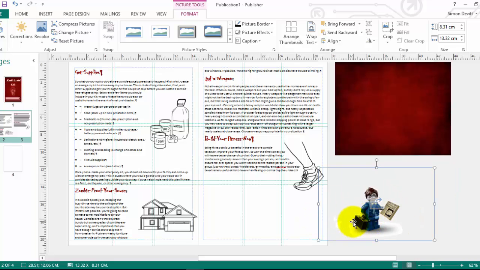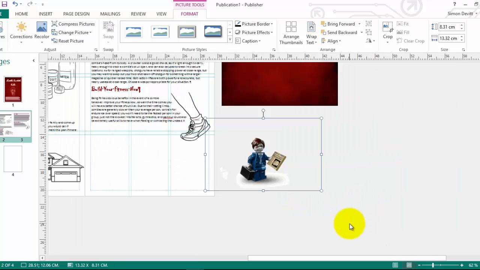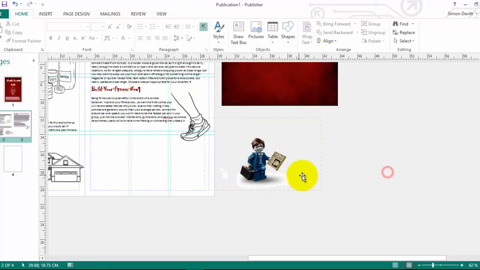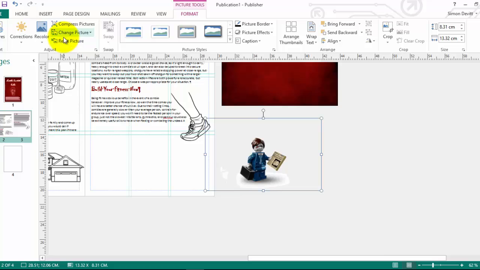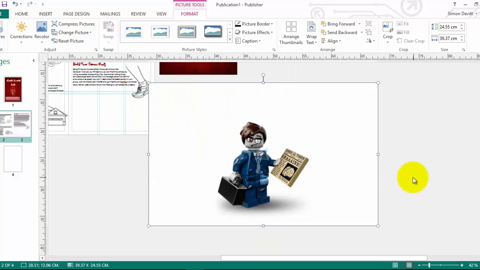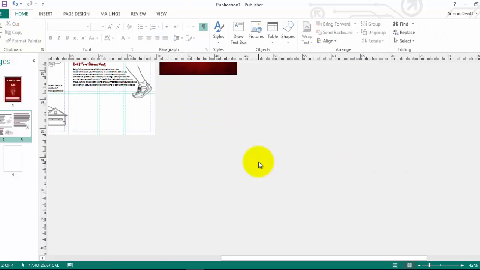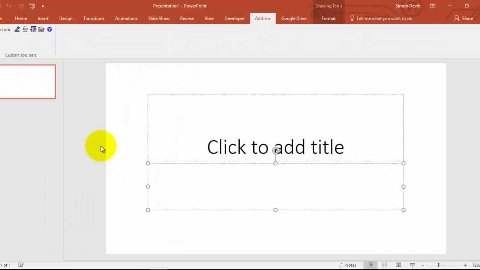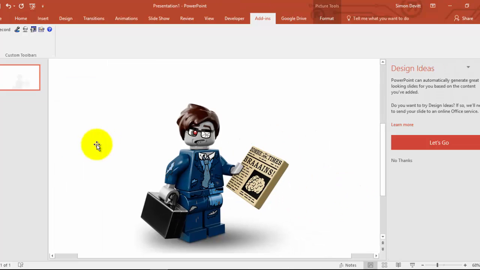and while it's done a pretty good job, you may or may not be able to see this very clearly, but we've got quite a lot of white that's been left behind here. So if I go to reset my picture and put it back to the way it was, this is the original size and shape and form of it. I'm going to go and cut this and go into the likes of PowerPoint,